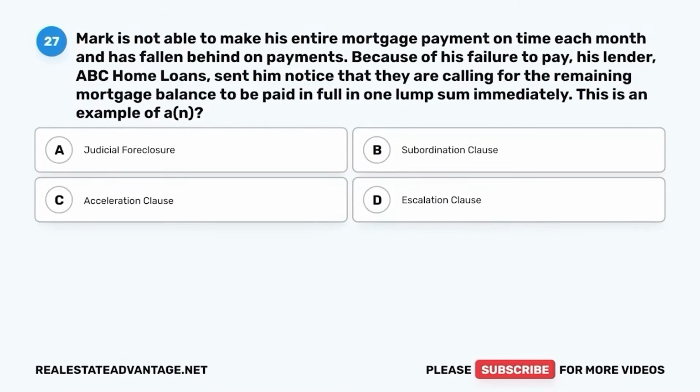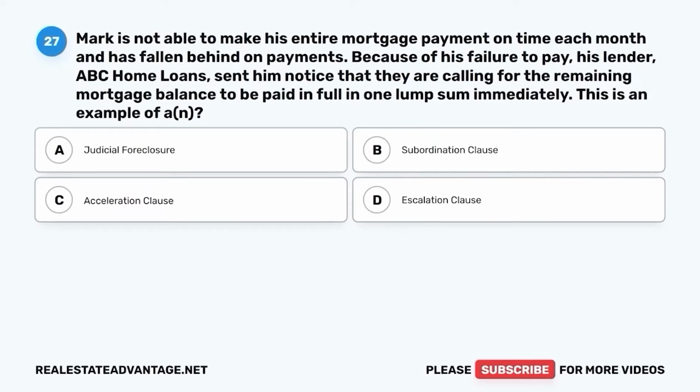Question 27. Mark is not able to make his entire mortgage payment on time each month and has fallen behind on payments. Because of his failure to pay, his lender, ABC Home Loans, sent him notice that they are calling for the remaining mortgage balance to be paid in full in one lump sum immediately. This is an example of